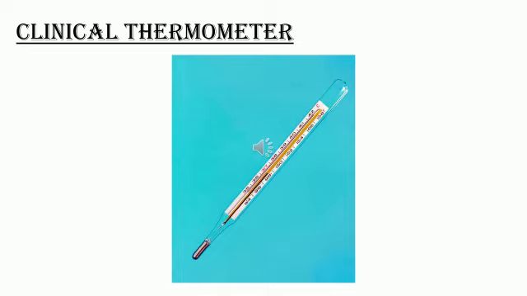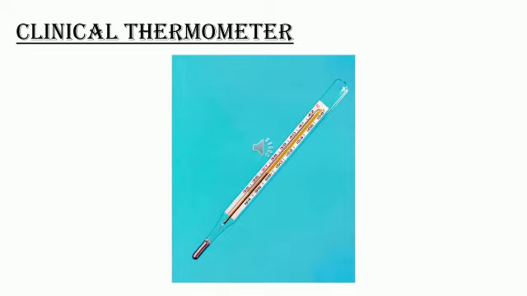Now when we use it, we need to wash the thermometer, preferably with an antiseptic solution. Usually we prefer water to wash it, but instead of water, we need to use antiseptic solution. Hold it firmly, okay? Don't hold it loosely, so that it will not fall down and break. Hold it firmly and give it a few jerks so that the temperature will be normal. The jerks will bring the level of mercury down, and ensure that it falls below 35 degrees Celsius. Till then you need to give jerks to the thermometer.